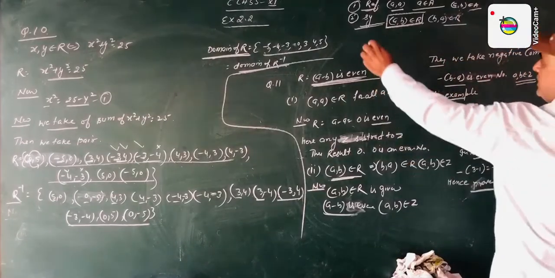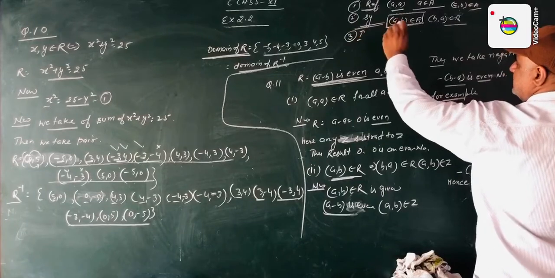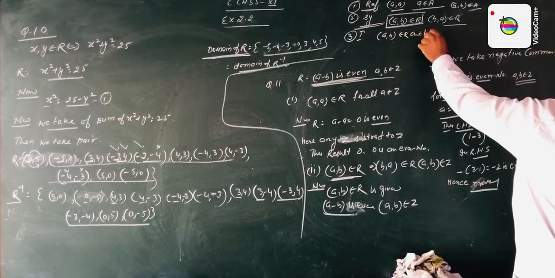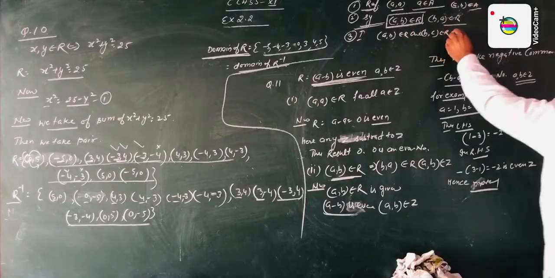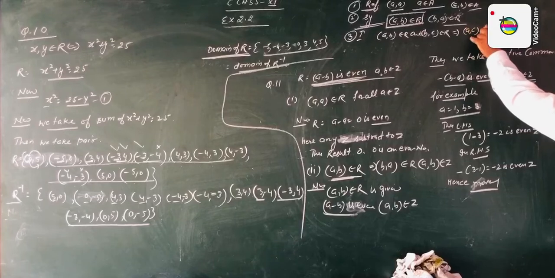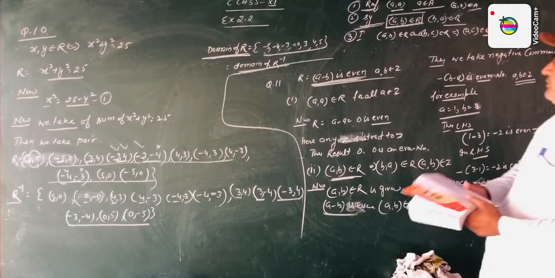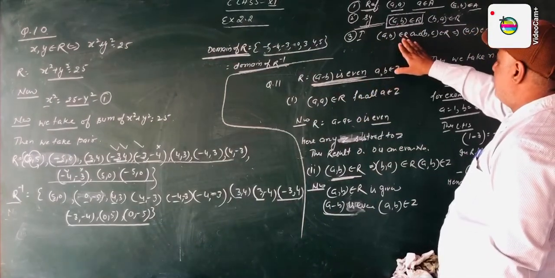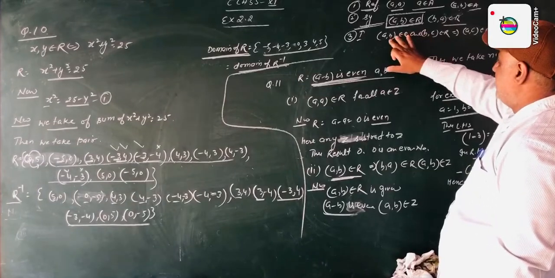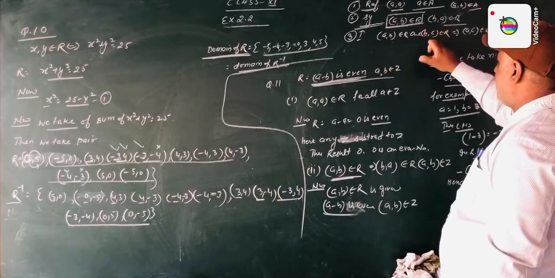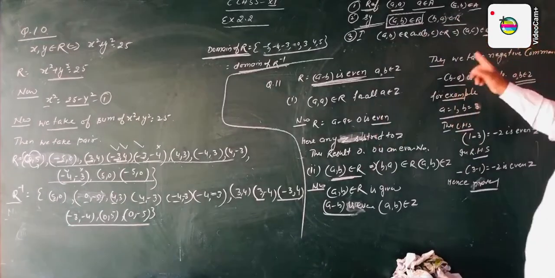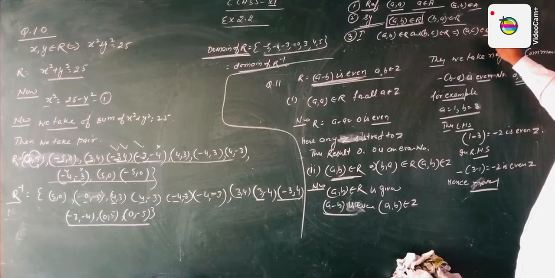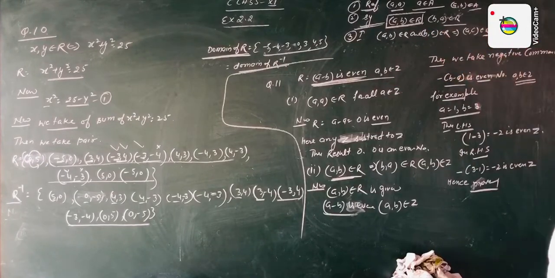And third is transitive relations. Transitive relation says that if (A, B) belongs to R and (B, C) belongs to R, then (A, C) also belongs to R. If we take any two pairs where the relation is given and belongs to R, and the element of the first pair and the element of the second pair are the same, then (B, C) also belongs to R. Then we check whether the first and third elements give a relation belonging to R. If yes, then it is transitive, otherwise not transitive.